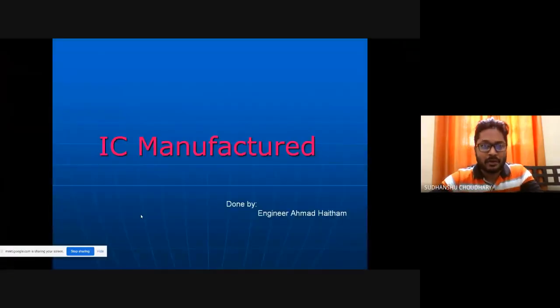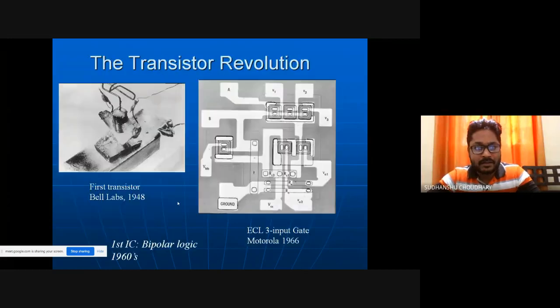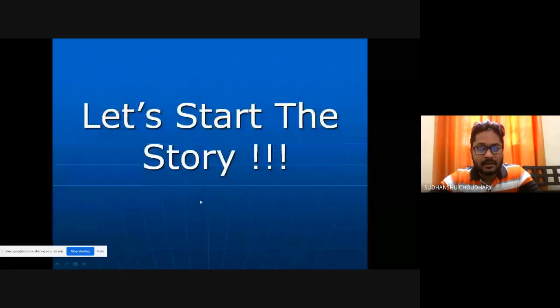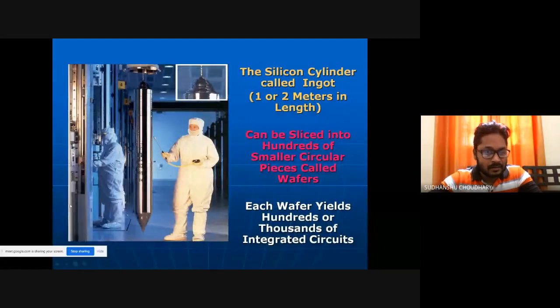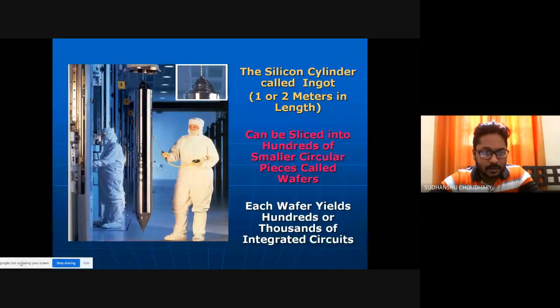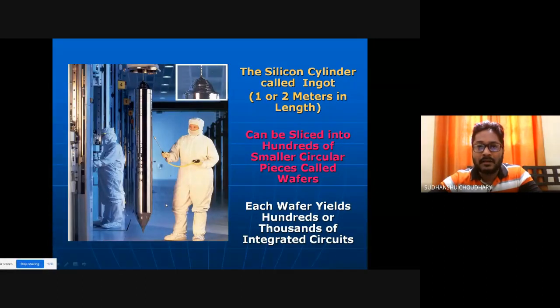Yeah, so let us talk about how the integrated circuit is manufactured. For fabricating a digital IC or any integrated circuit, we need a wafer, right? We had discussed how this wafer is produced. Now let us once again discuss the same thing: for fabrication you need a wafer, and that wafer can be produced by the Czochralski process, right?